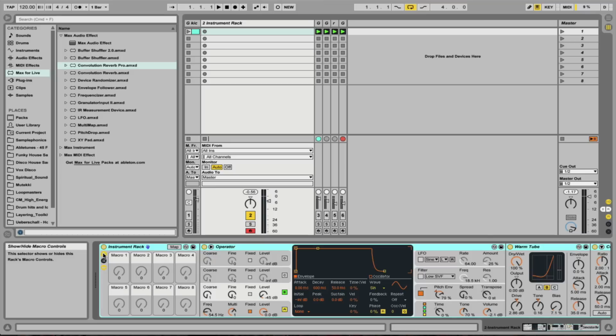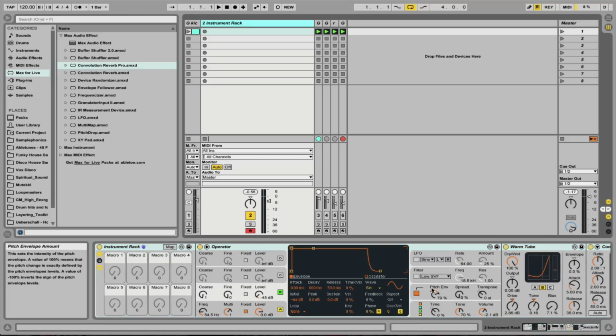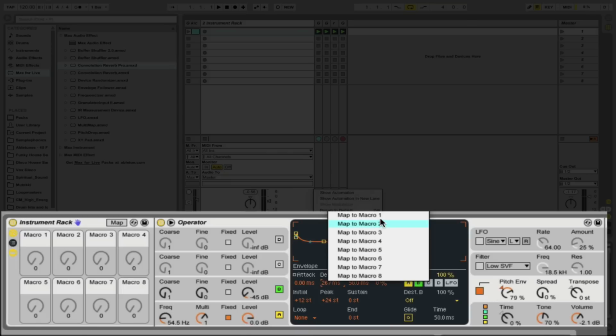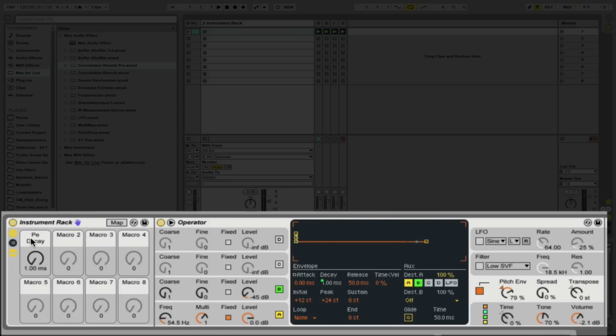Let's open up the macro section, and the two bits that I want to assign to macro knobs to make it a really tweakable sound is the pitch envelope decay time. So if we highlight that, right click, map to macro 1, and then we can click on this, rename it, Command R, and this, I don't know, you can say the body of the sound,